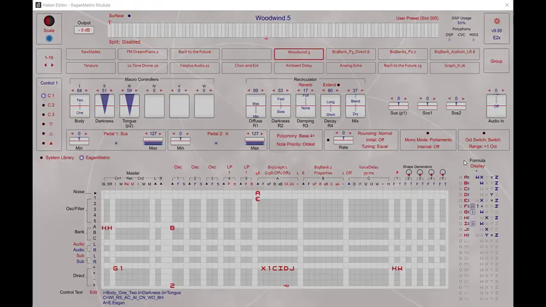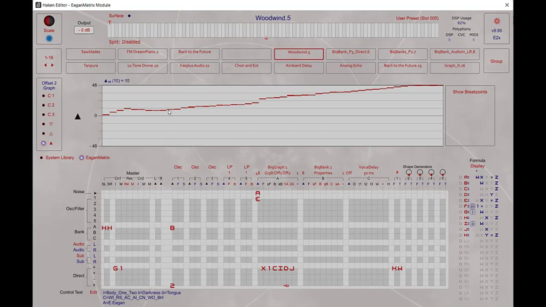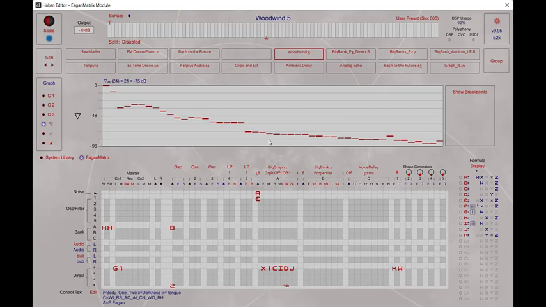The EaganMatrix has for quite a while supported a graphing function that allows you to change the mode amplitudes of a BigGraph. This used to be called a BiqMode. That's used in a number of presets, for example, the Woodwind preset. This allows you to define a main graph here of amplitudes and one or two graphs of amplitude offsets that you can apply to the main graph to basically let you change the spectral content of a preset in a very dynamic way. You can hear